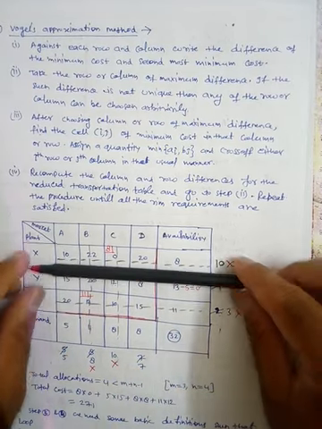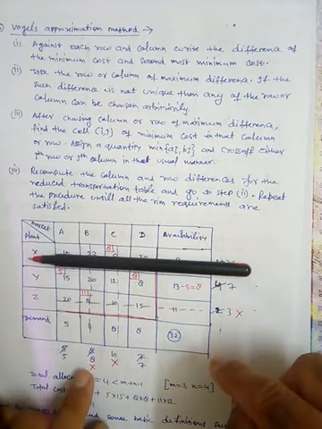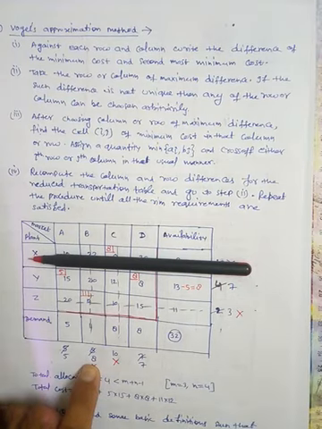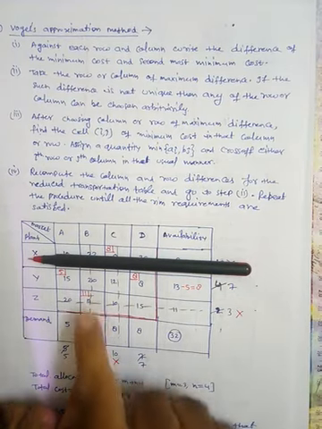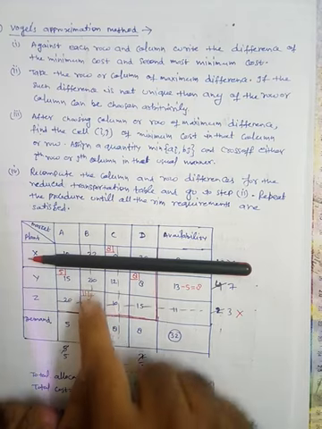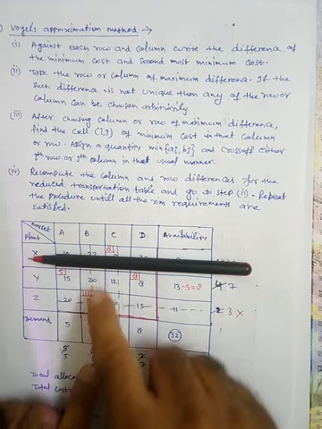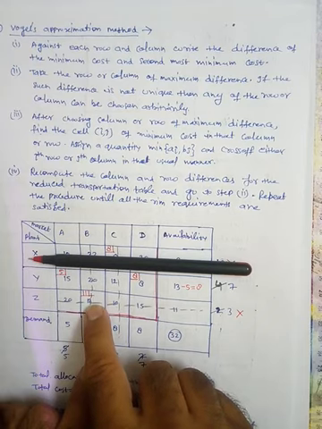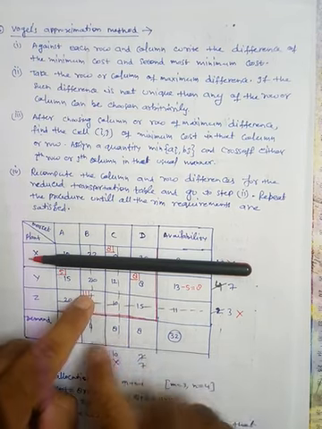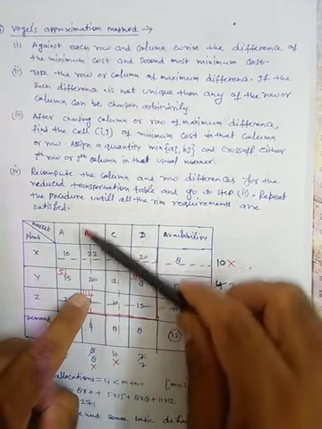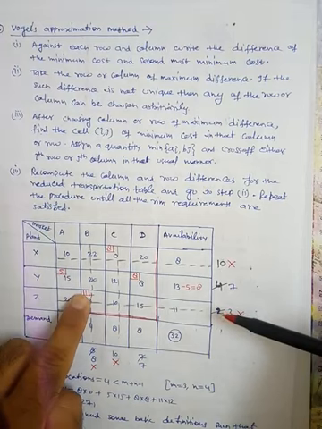Among these new differences, 8 is the largest one. Now move in this column and find the minimum cost among these two. The minimum is obviously 12. So how much amount do we allocate? The minimum of 11 and 11. Again allocate 11 units and cross off this row as well as column.